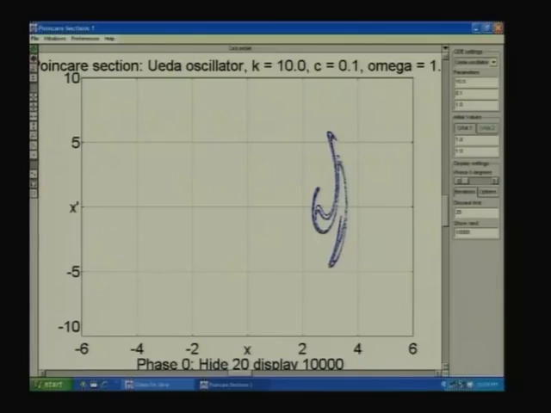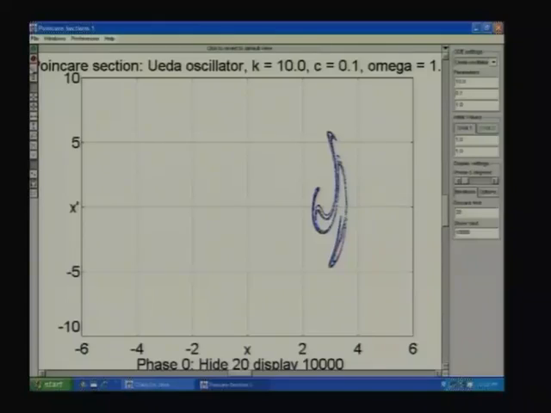So, we have understood that when we have a period 1 point, there is just one point on the Poincare section, a period 5 orbit, 5 points on the Poincare section, a chaotic orbit, an infinite number of points on a Poincare section, a quasi periodic orbit, also an infinite number of points on the Poincare section. But what is the difference? In a quasi periodic orbit, it will be placed exactly on a loop, while in a chaotic system it will not be placed exactly on a loop. It will still be a pretty picture though, but it will not be placed on a loop. Okay. So, that is the essential difference.